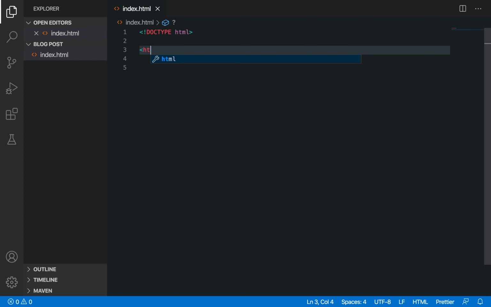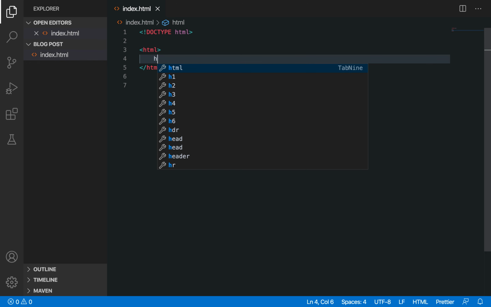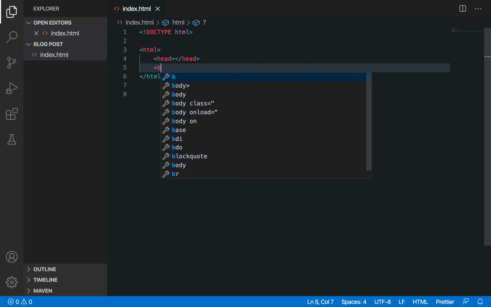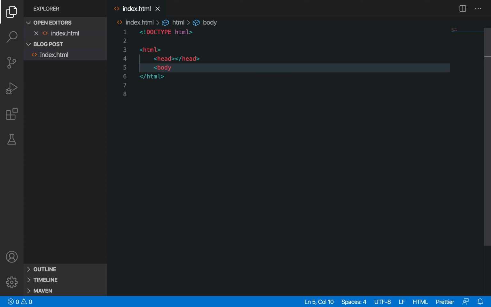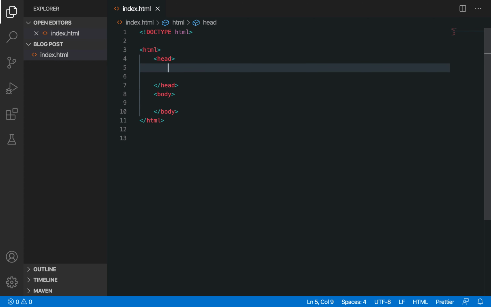And after this, friends, you just need to write this HTML tag. This is going to have an opening tag and a closing tag. And inside the HTML there are two things. Let me write it here for you. There is a head, just like us humans, and then there is a body, the lower part. This is the same as humans, you can relate it. So HTML is a person, let's say, and it has two parts, head and body. That's it.